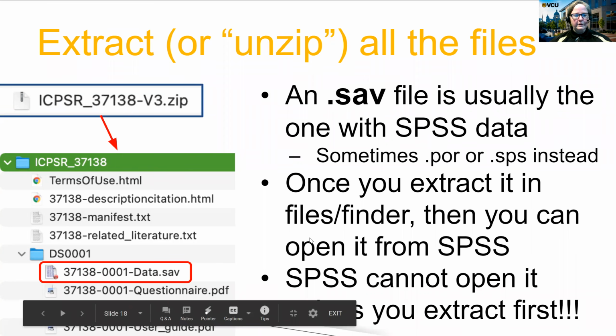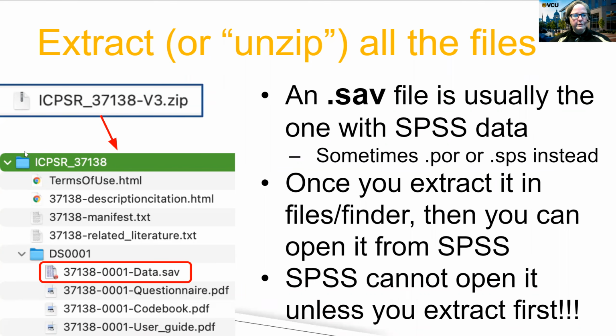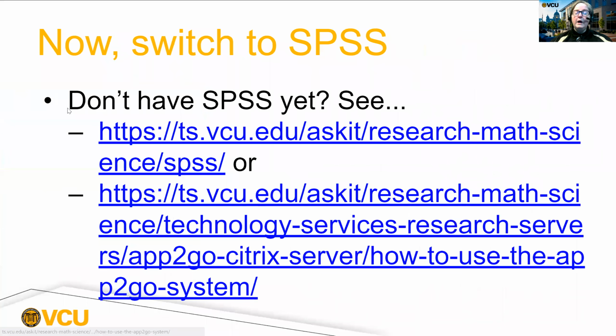SPSS can't open it unless it's got the folder symbol next to it. If it's got the symbol with the little line down the middle, which is a tiny, tiny zipper, then it's not going to be able to pull that SAV file. So once you have unzipped your file, which sounds a little weird,